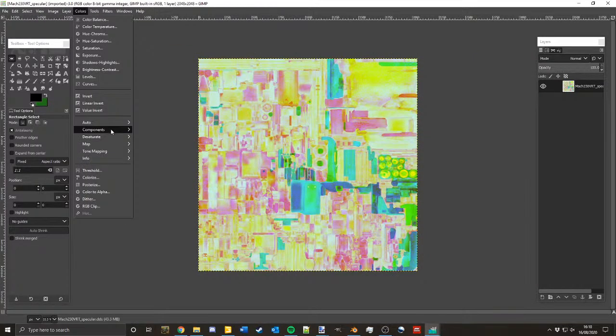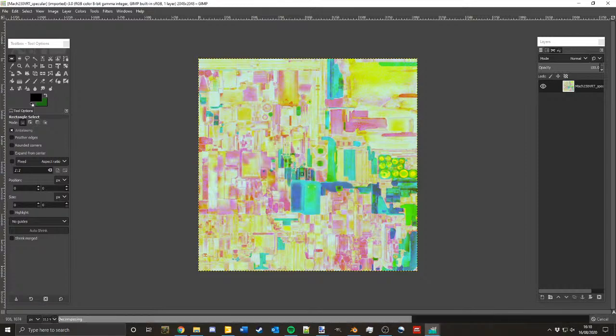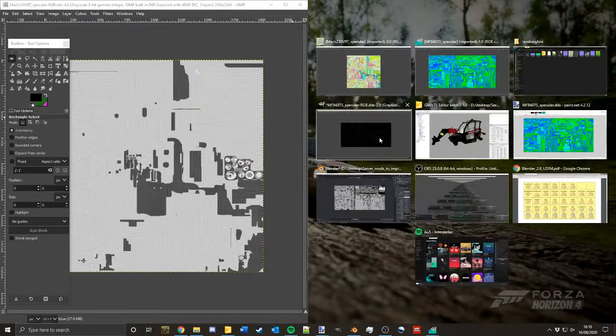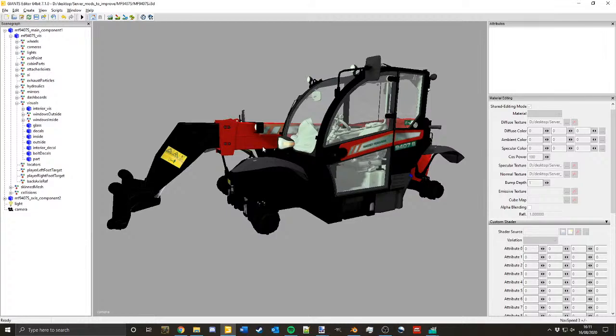As you can see, for starters, there's a lot more yellow and pink as opposed to green and blue, and that is because if we go into components and decompose, RGB again, we can see that in comparison there is a lot more light grey and dark grey than there is in the wear map,